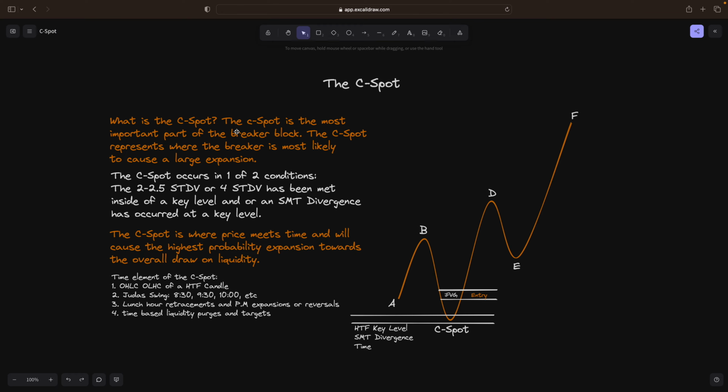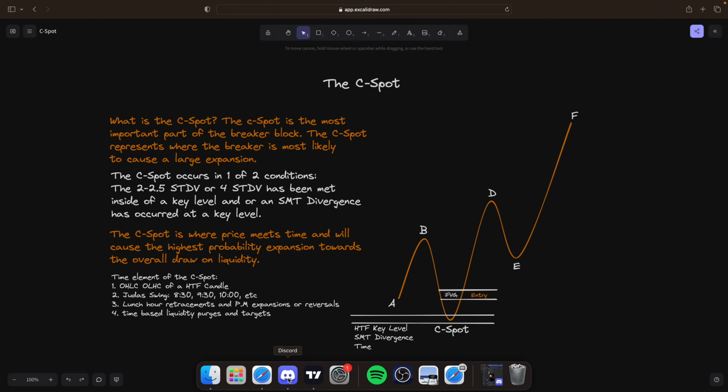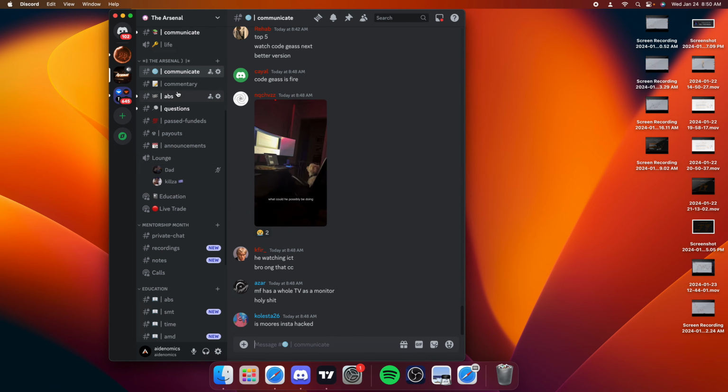The C spot is the most important part of the breaker block. The C spot represents where the breaker is most likely to cause a large expansion. The C spot occurs in one of two conditions. The 2 to 2.5 standard deviation or 4 standard deviation has been met inside of a key level, and or an SMT divergence has occurred at a key level. The C spot is where price meets time and will cause the highest probability expansion towards the overall draw on liquidity. So before we get into this, let me show you the